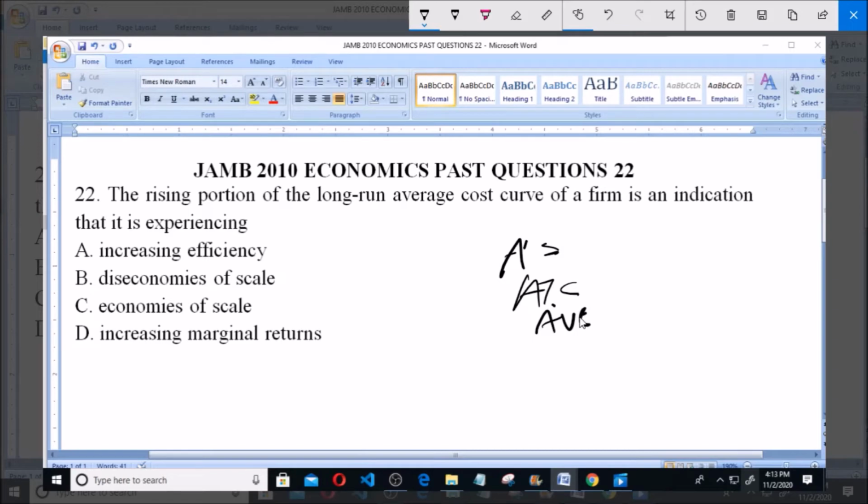average variable costs and average fixed costs. So, long run costs is a period of time in which all factors inputs in a production